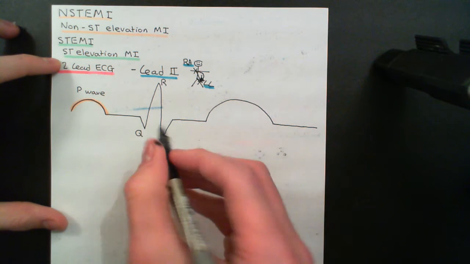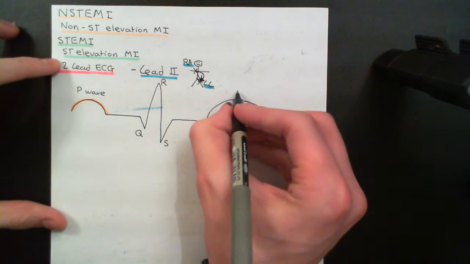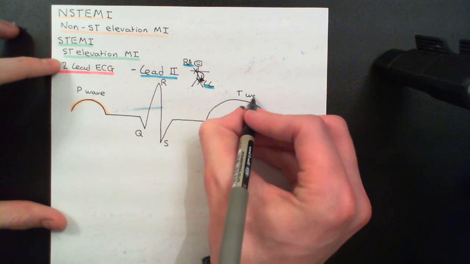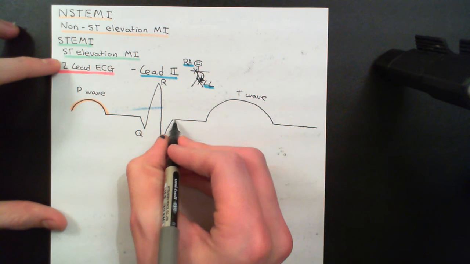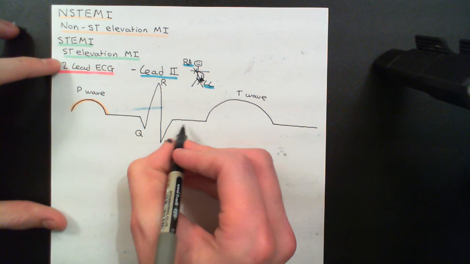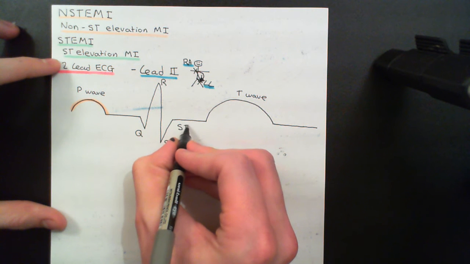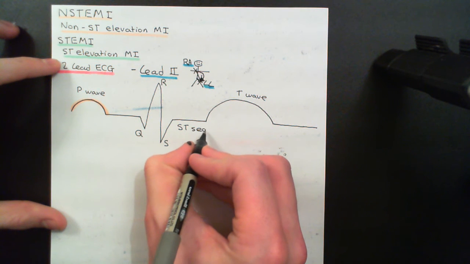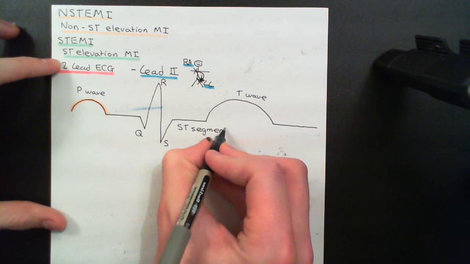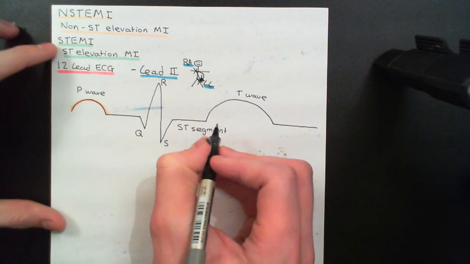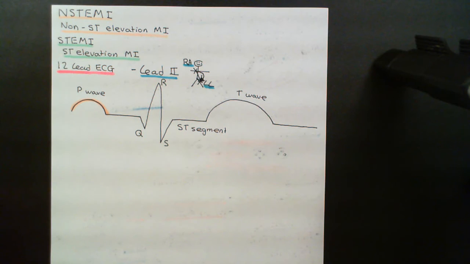So this is one cycle of the heartbeat. Okay, and this final wave here is known as the T wave. And this segment here between the S wave and the T wave, this is known as the ST segment, and this is the portion that's going to end up being elevated in an ST elevation myocardial infarction, in a transmural